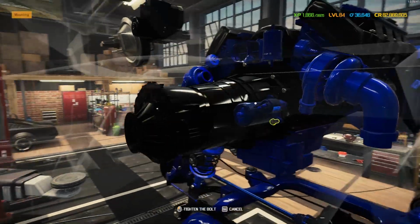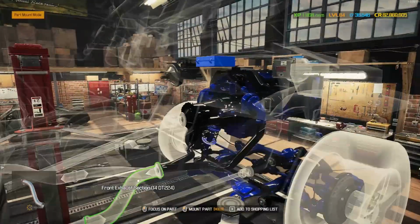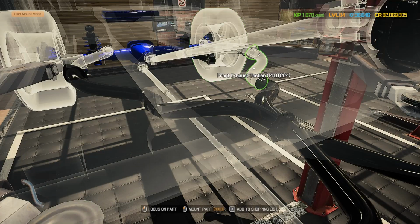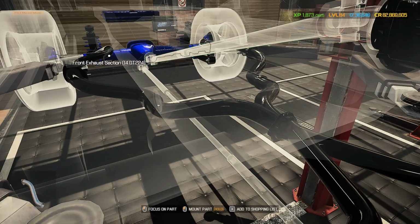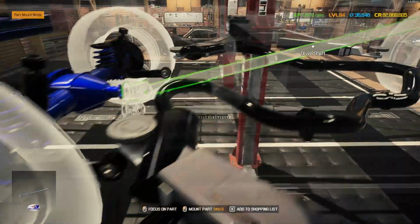So there we go. Blue, lovely starter on there. Just finishing that one off. And then the front exhaust section in that black chrome. And then all of these little exhaust pieces are all single front exhaust sections, all in black chrome, going all the way down the back. The only way I could get it to sort of go how I wanted it to go, which was ending in these side pipe exhausts, which we'll check out from outside of the car when hopefully they'll look just a